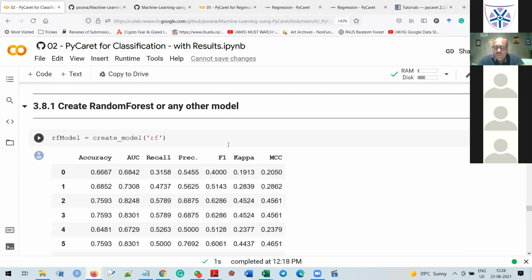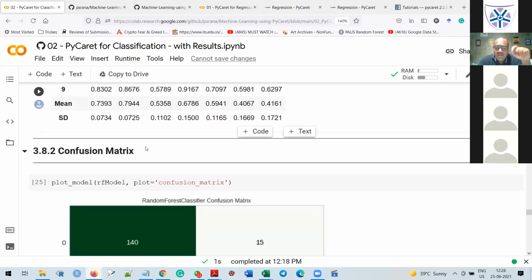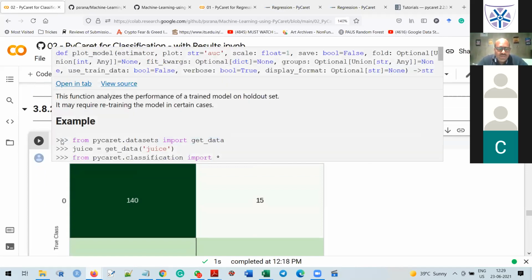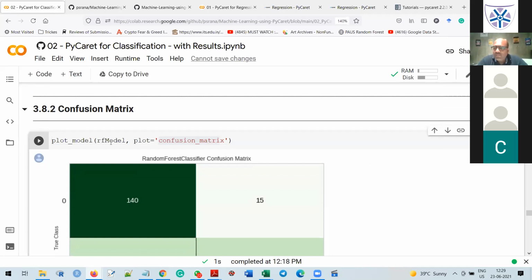3.8.1. First I am building the random forest model. Done. After that, I want the confusion matrix. So what I did here is plot equal to confusion_matrix. I am just passing plot_model, this is my trained model, and these are the parameters.